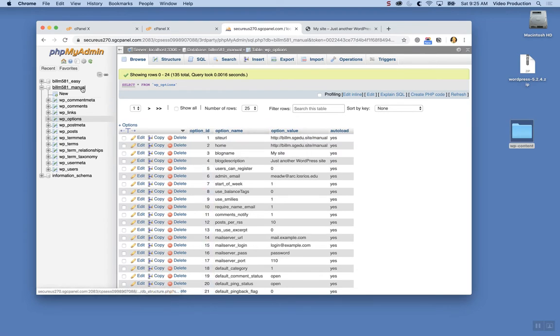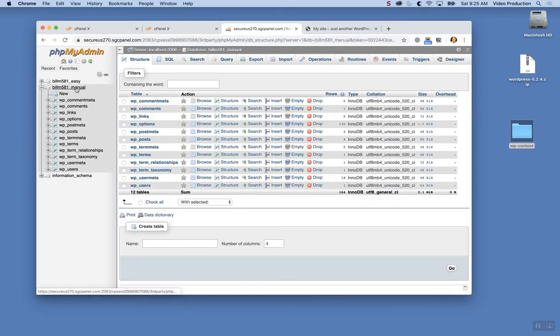So make sure you have the correct database. Make sure you click on the database name up here, not on one of the tables, because if you click on one of the tables, you'll just export that table and that's not enough. You need to make sure you click on the database name like that and close this up. That database is selected, and then up here just choose export